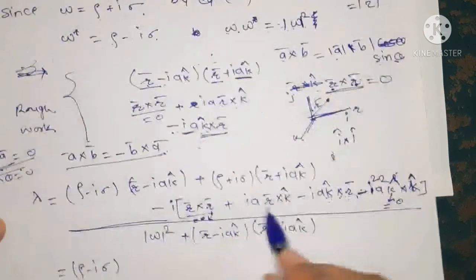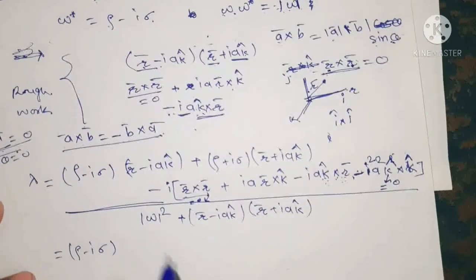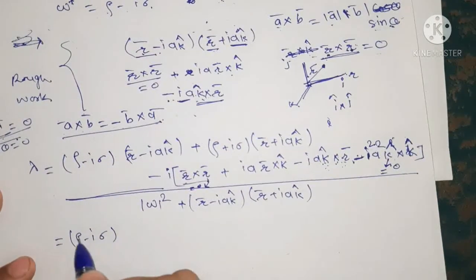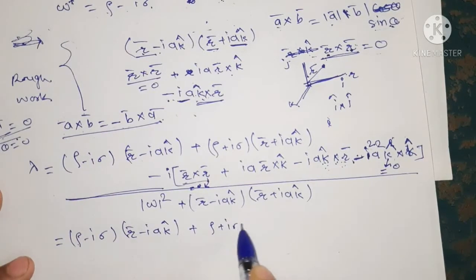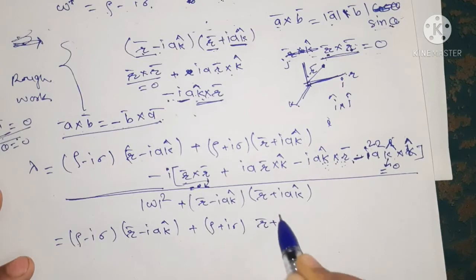Also we have to open this bracket, so we open it in the next step. So rho minus I sigma r bar minus I a cap plus rho plus I sigma r bar plus I a cap,